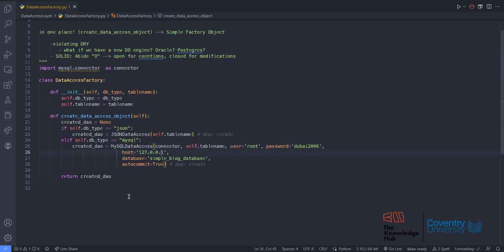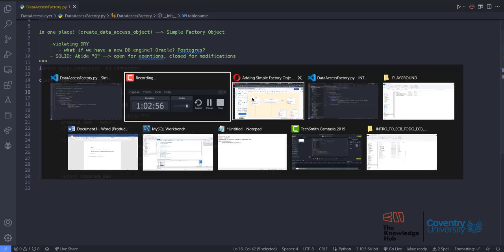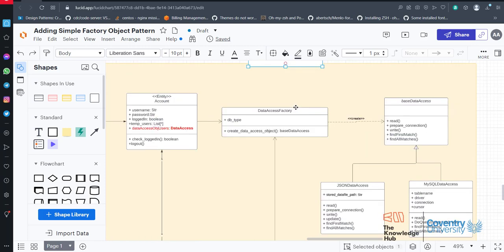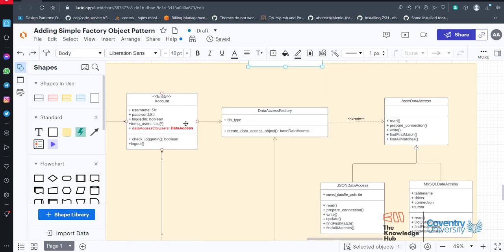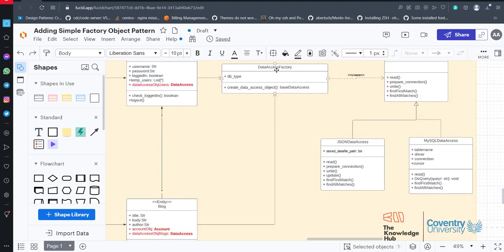Now you would ask yourself, who is the client? Who's going to be using this class, creating an object out of this class and passing to its constructor the needed type and the needed table name? I would tell you that the one that is going to be doing this, first of all, the entities are going to be associated with it. So the entities need to have a sent object. So if the association is going like this, it means that an object of the data access factory is being sent to this account entity, and an object of the data access factory is sent to